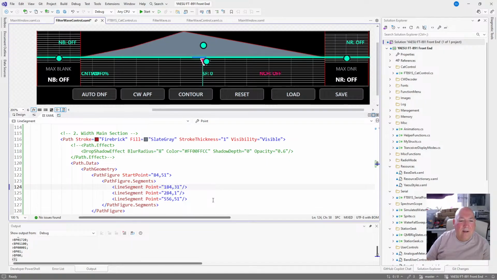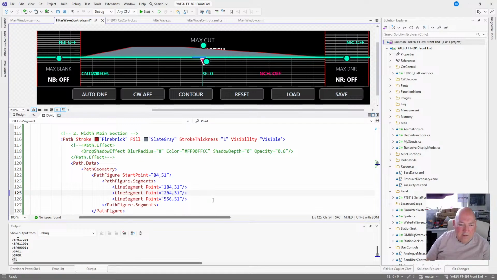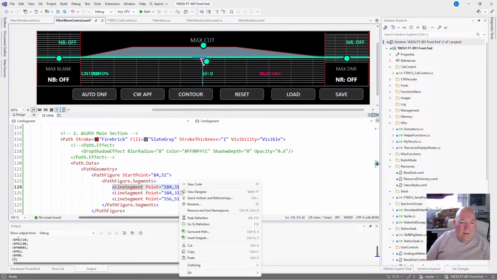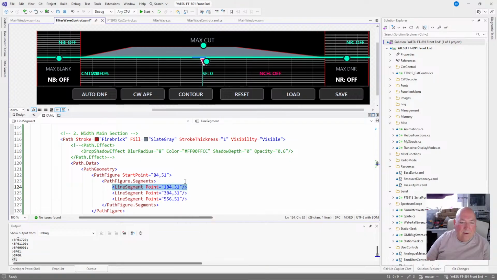That's not too bad. Okay, we need to make that go further across. Right, yeah, we've got a bit of a problem because that needs to start over here. So we do need to put in another one at the same point, just here, and call it 84